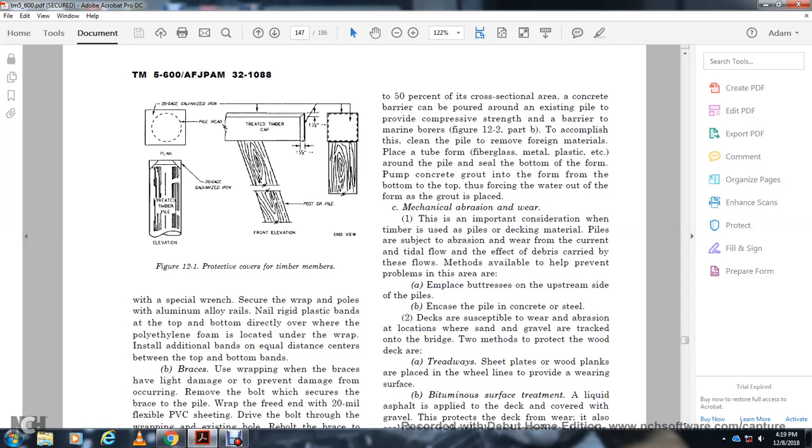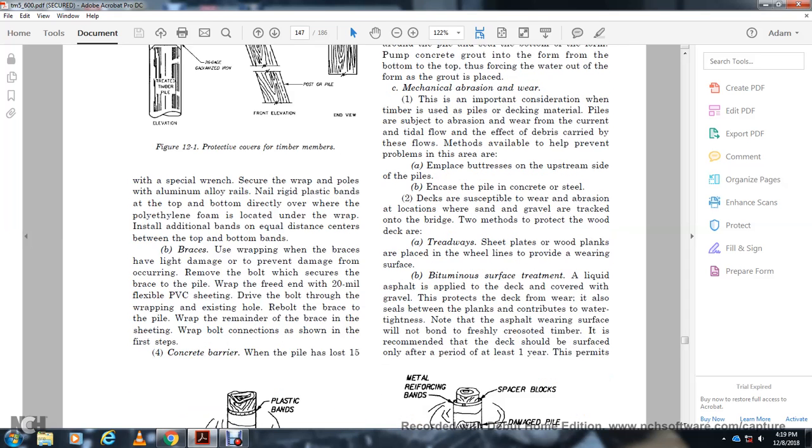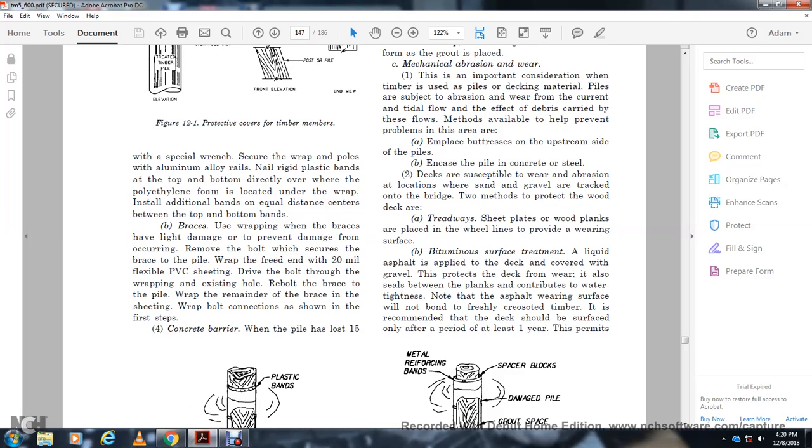Wheel lines provide a wearing surface. A treatment of liquid asphalt is applied to the deck and covered with gravel to protect the deck from wear. It also seals between the planks, contributing to water tightness. Note that the asphalt wearing surface will not bond to freshly creosoted timber. It is also recommended that the deck be surfaced only after a period of at least one year. This permits